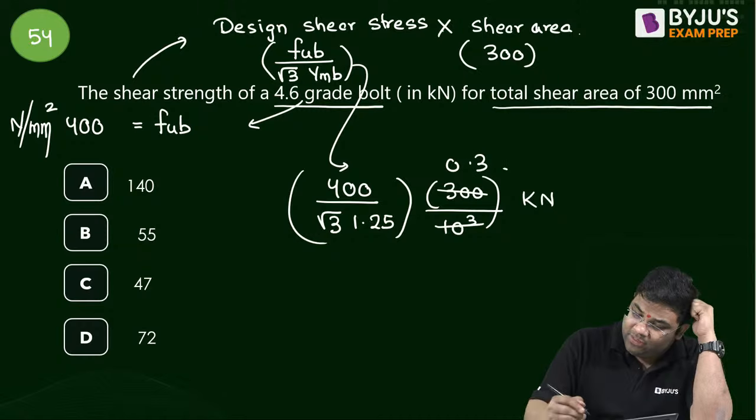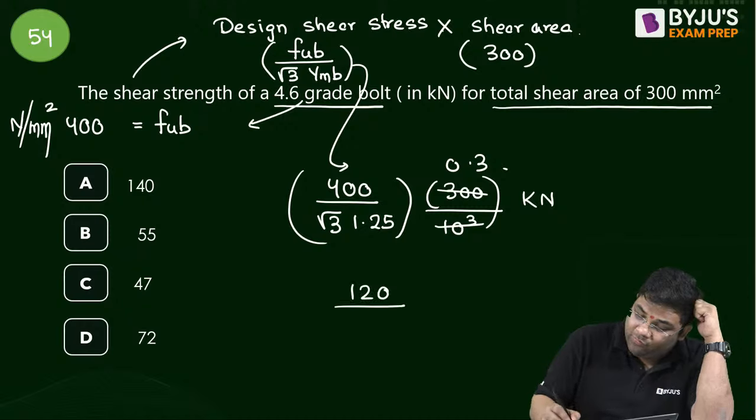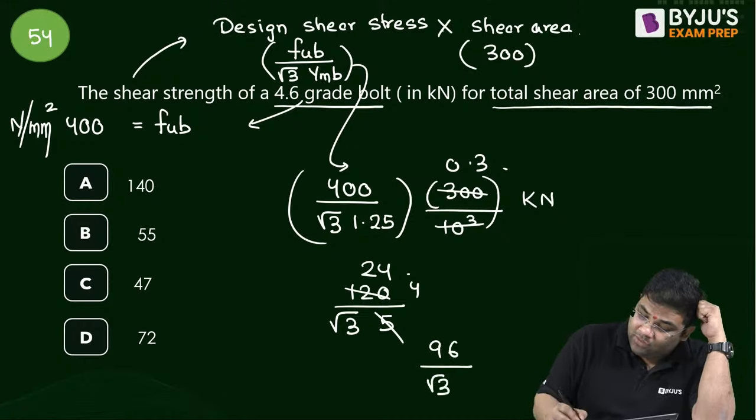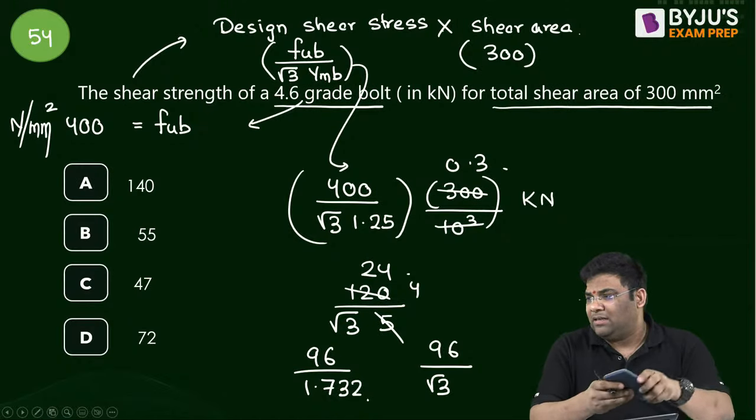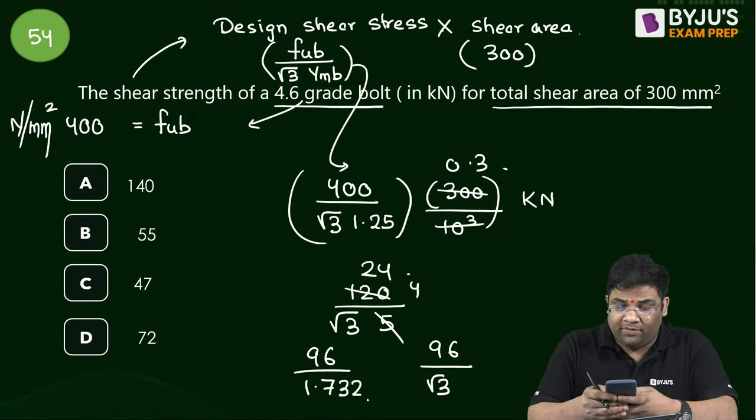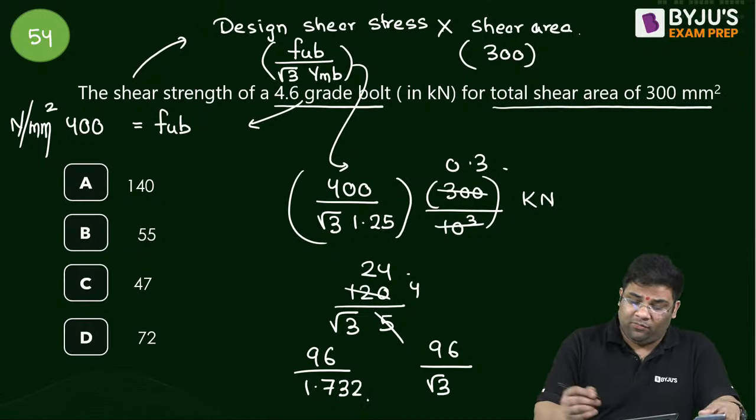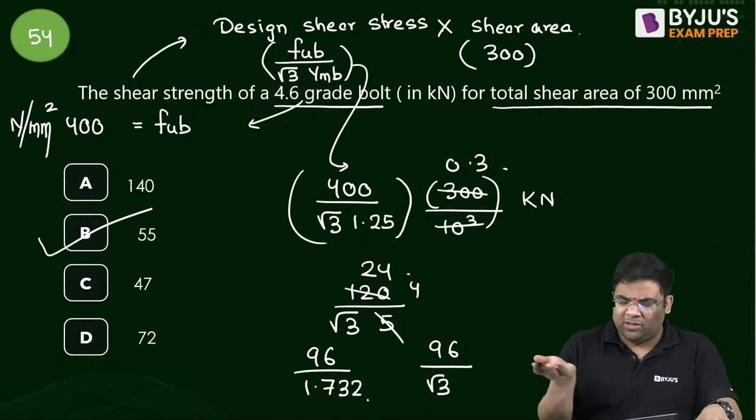So you can calculate this. This is 0.3. This will be 40 into 3, right? 40 into 3, I can say this as 120 divided by 1.25. So 5 by 4 root 3. This is 24, right? So I can say 96 by root 3, or I can say 96 by 1.732. Now this much calculation you can do, right? Even if you don't have a calculator in the examination, you can do this much calculation. You're getting how much? 55.43. So this is the right answer. Yes, this much calculation you can always do, right?